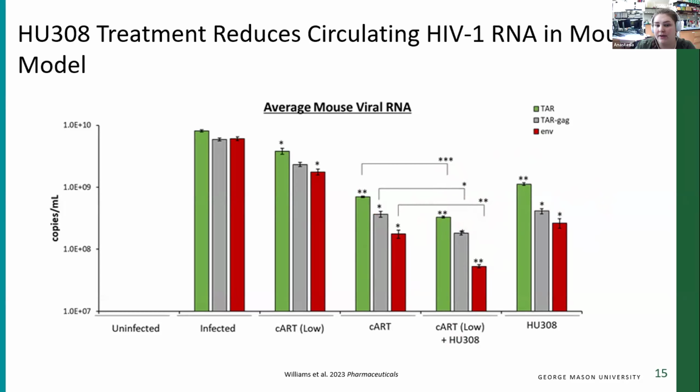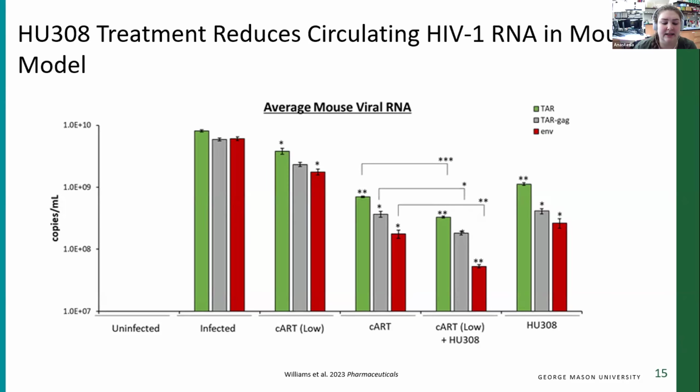So really showing here that that combination between our typical CR treatment along with HU308 or other cannabinoids do potentially have the ability to decrease these viral transcripts. And hopefully in the future, we will have more studies that also show more of the pro-inflammatory